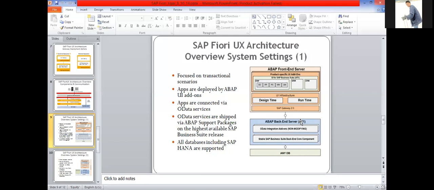The ABAP front-end server basically contains all the infrastructure components to generate an SAP Fiori app specific UI for the clients and to communicate with the backend systems. The product specific add-ons which you can see inside this ABAP front-end server are the specific UIs for each SAP Fiori app. The UI infrastructure provides the common infrastructure needed for all SAP Fiori apps and contains the SAP UI5 control library and the SAP